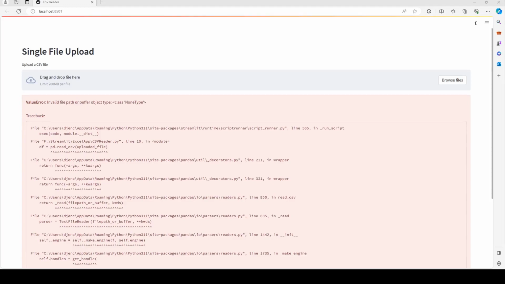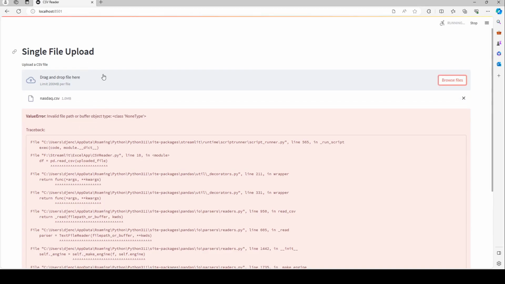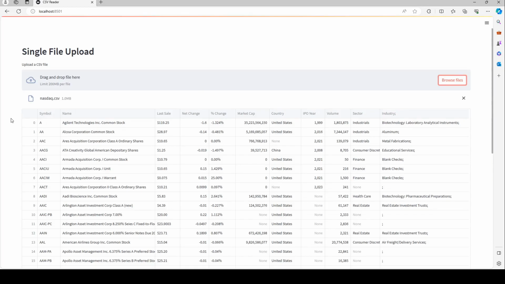In this video, we're gonna make a single file upload to upload a CSV file to Streamlit and to visualize our CSV file. So here we have an error, but that's not a problem. That's an error because we haven't selected any file to upload. So here we can browse for our files. I have a file here, and when I upload it, I directly see the data frame in Streamlit. We're gonna make this in only 7 lines of code, and I'm gonna head over to the editor